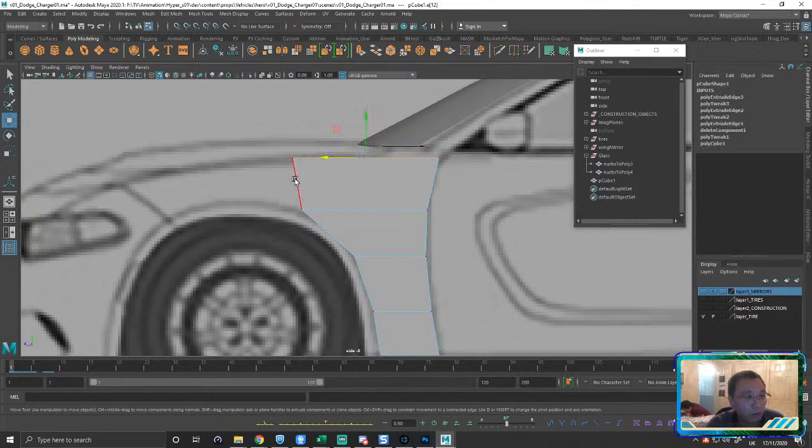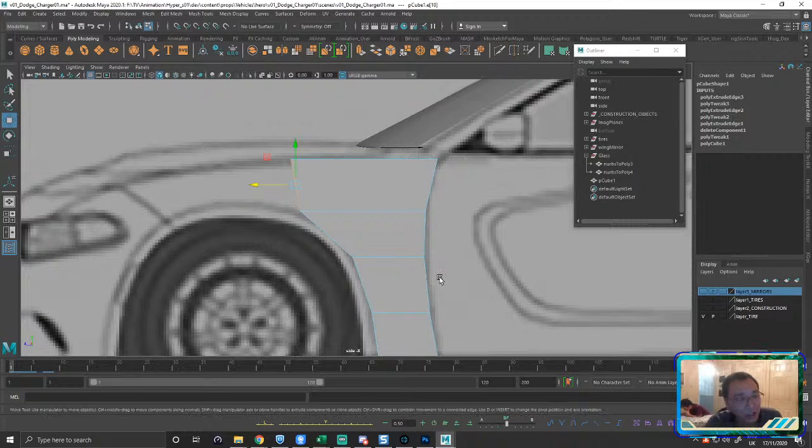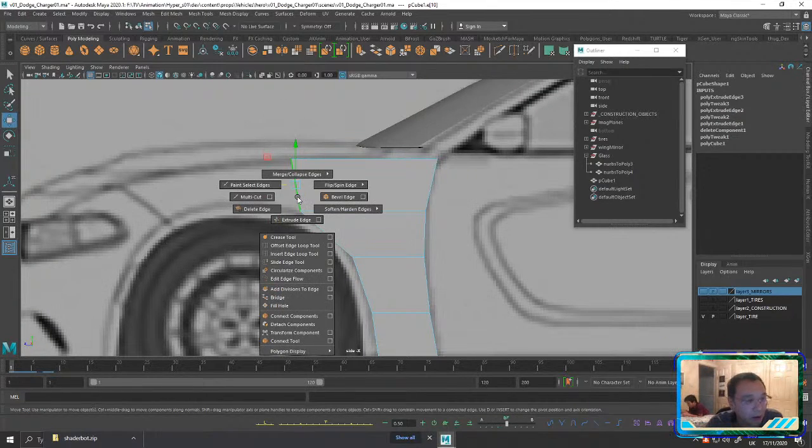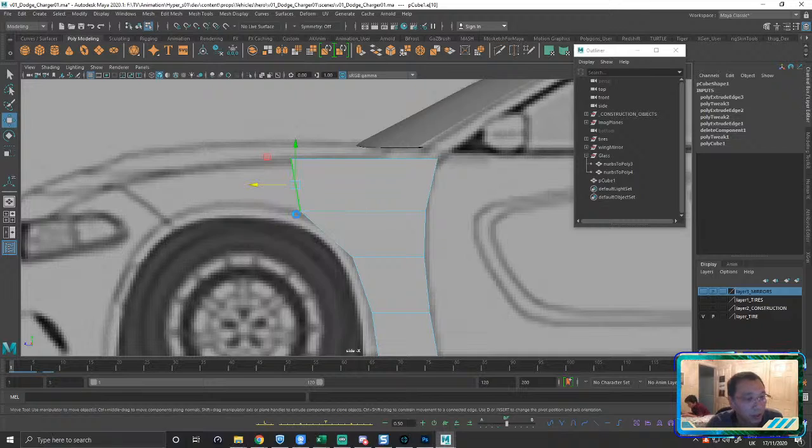When it comes to modeling cars, vehicles, weapons, humans, I never take the same modeling approach twice, right? Because it's kind of like drawing. So when you guys are drawing, do you start with the head all the time? Do you start with the body all the time? Or do you change it up, right? For me, it just keeps it a little bit more interesting, as well as I learn something new every single time by changing my approach, right?